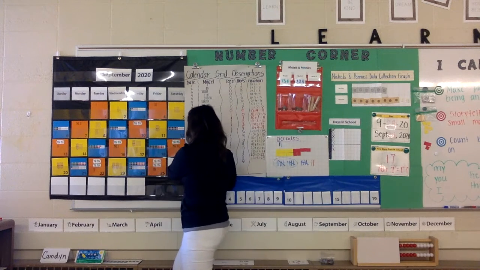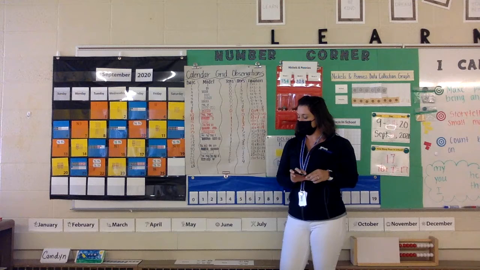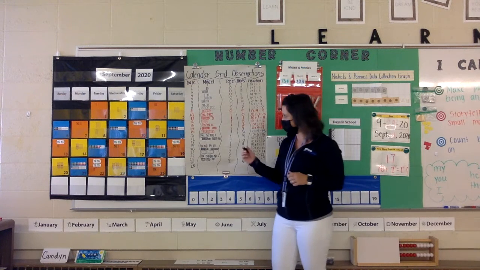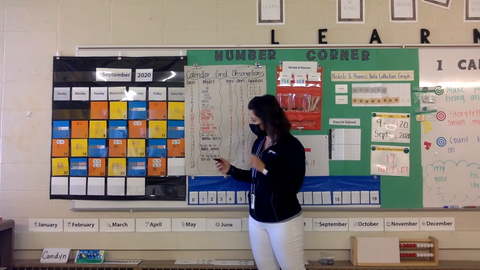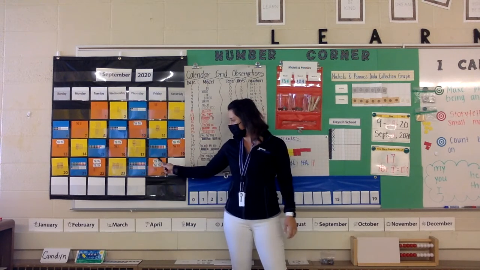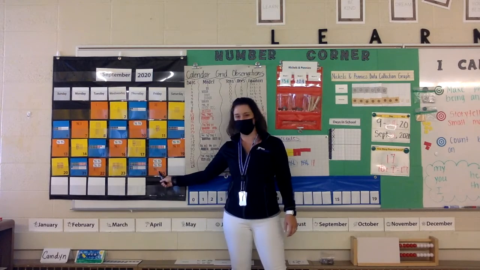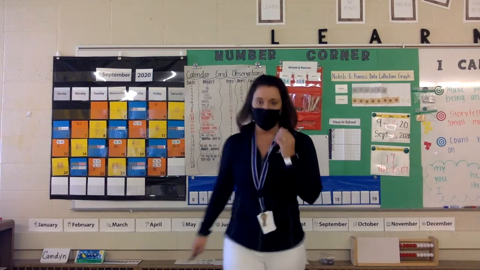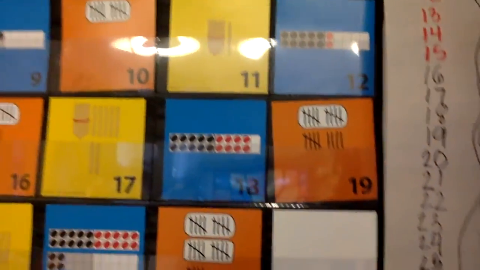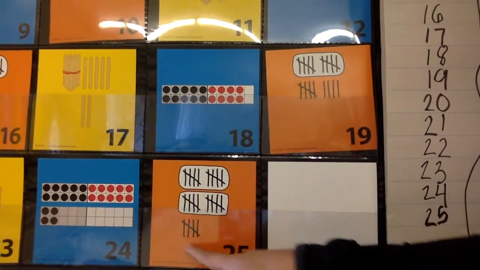So it's the 25th. What am I going to draw? Yes, Adele. I'm going to draw 25 tallies. I want to know why they have a circle around some of the tallies and don't have a circle around the others. So I'm going to show my friends up close at home what I mean. Look at this. There's circles around the tallies and then there's not a circle.